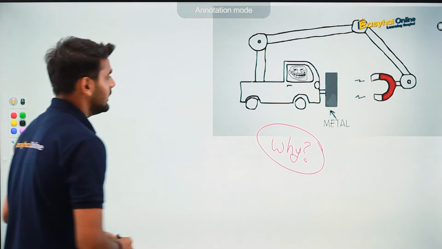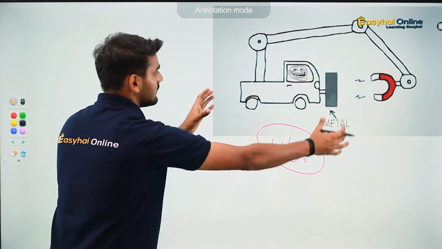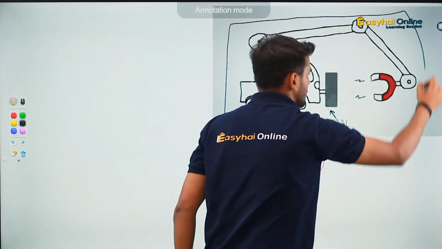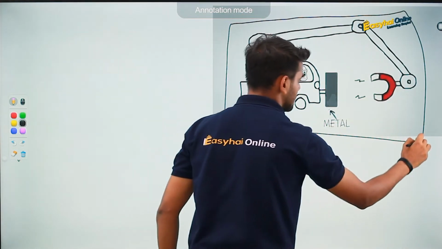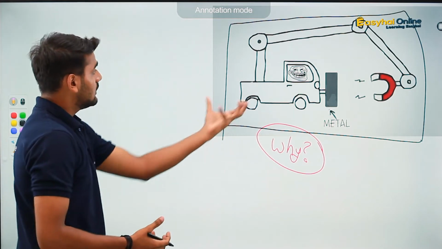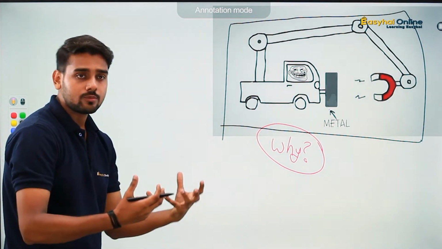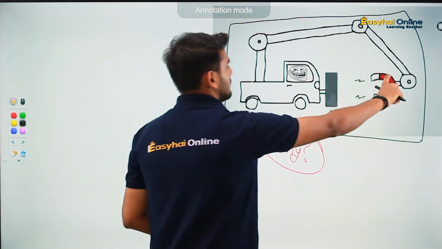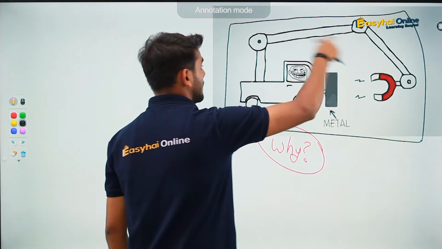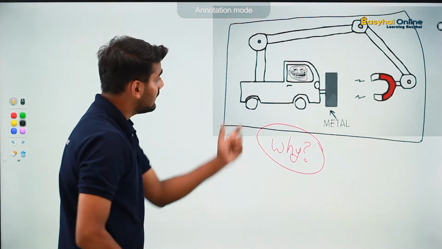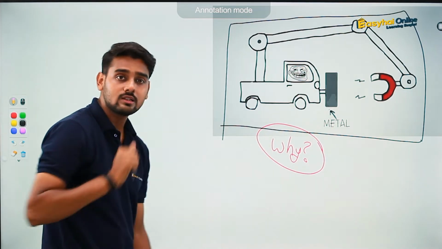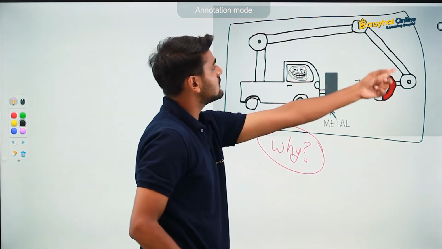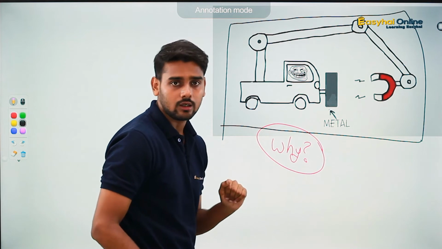Here you can clearly see that I can assume this is basically one whole system, right? Now what is a system? A system is basically parts of objects or different objects which I am observing, right? So this is a whole system in which there is a car, and this magnet is attached to this car itself. So that means I will have to consider this as one whole system. I cannot consider this as one object and this as another object, because this is attached to the car itself.